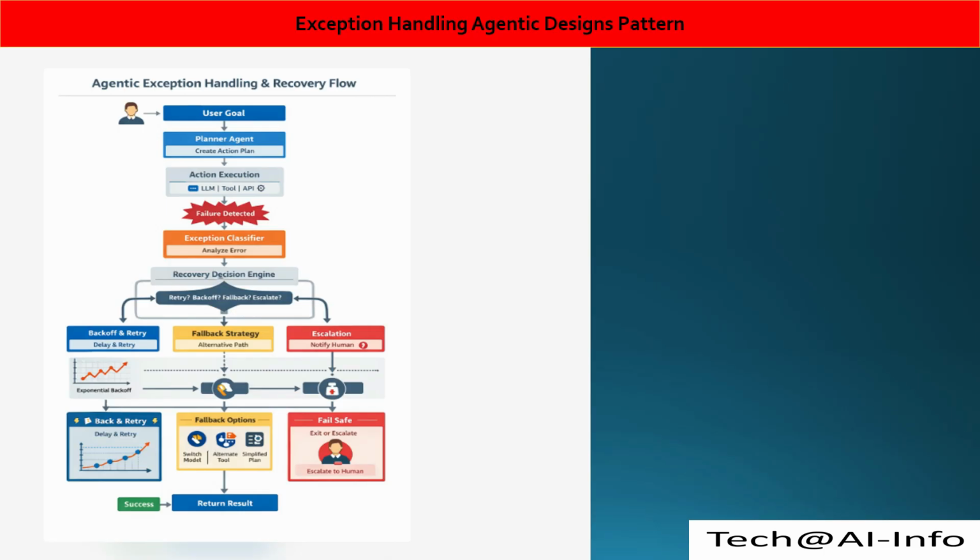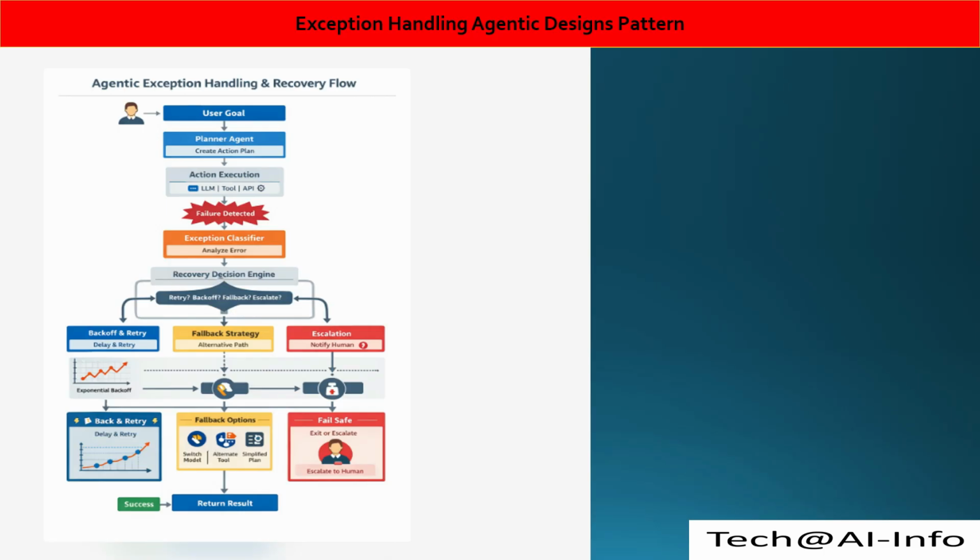Next is the termination and escalation layer, the kill switch. If recovery fails, it stops execution, logs the failure and escalates to a human. Why is stopping important? It prevents infinite loops, hallucination chains, and runaway costs. So if we talk about the end-to-end control flow in one line, first it will